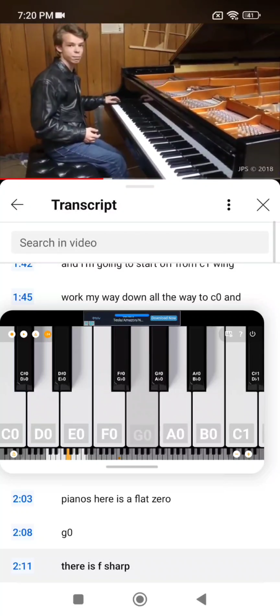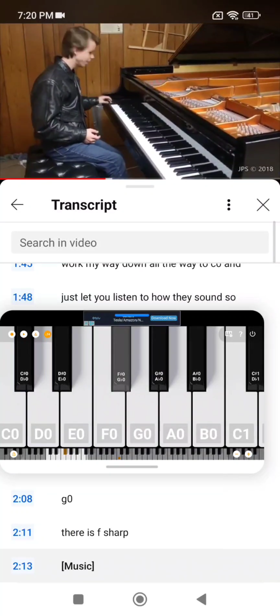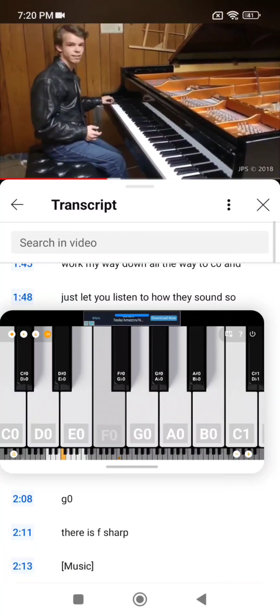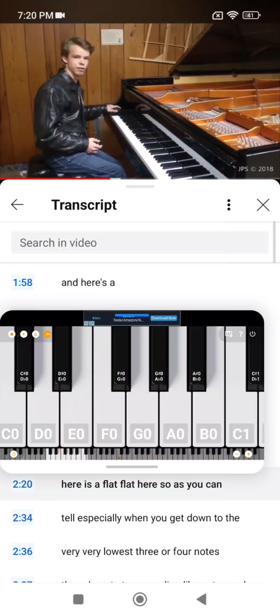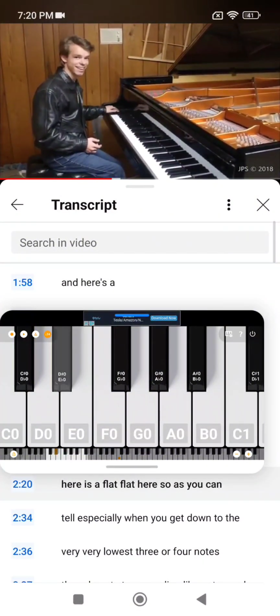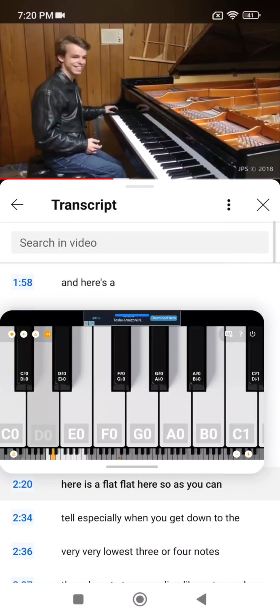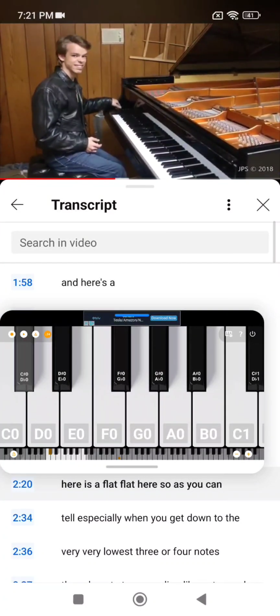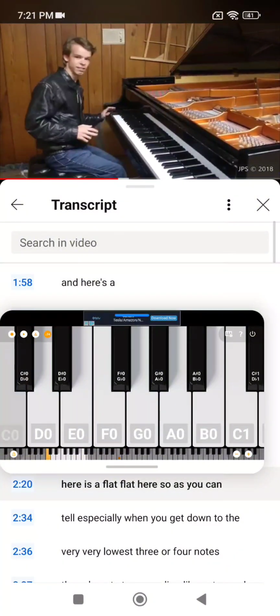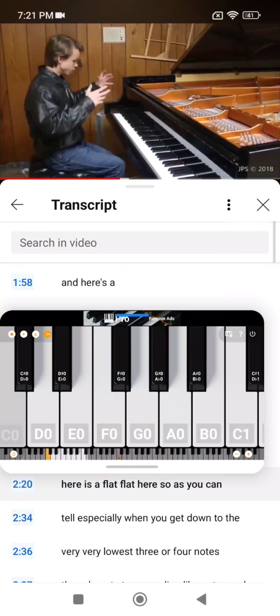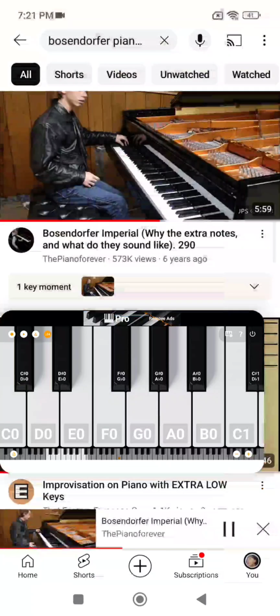Here is F sharp. Here is F. Here is E. Here is E flat. Here is D. Here is D flat. And here is C 0. So as you can tell, especially when you get down to the very